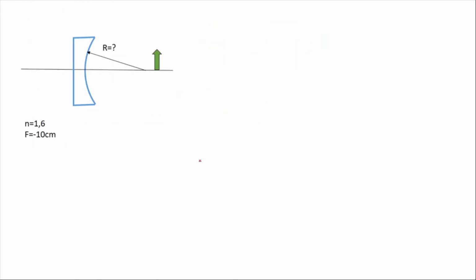Let's look at another example. In this example, we are asked to find the radius of curvature. This side has a radius of curvature R, and this side is a plane. The index of refraction of the material is given as 1.6, and the focal length is given as negative 10 centimeters. Let's use our formula. 1 over f is equal to (n minus 1) times (1 over R1 minus 1 over R2). The system is in air. Negative 1 over 10, since the focal length is given as negative 10, equals the index of refraction 1.6 minus 1,